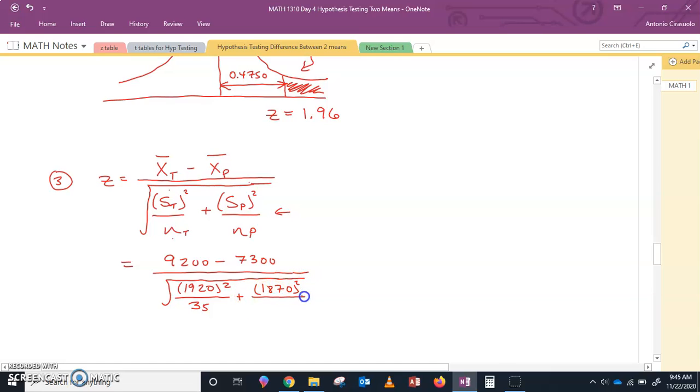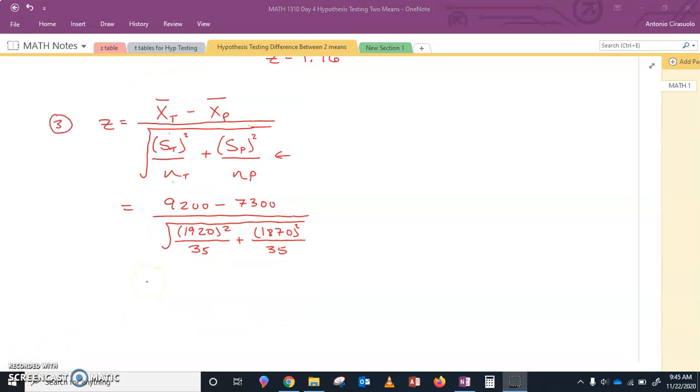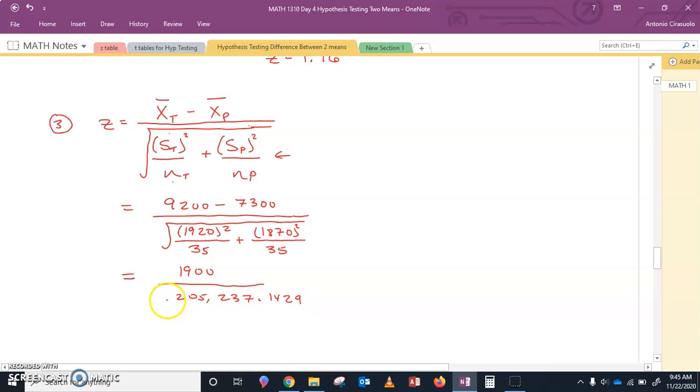And the sample size used here was 35 as well. This then gave me a value of 1900 on top, divided by, all under the square root sign,